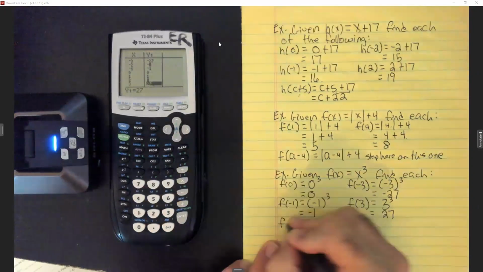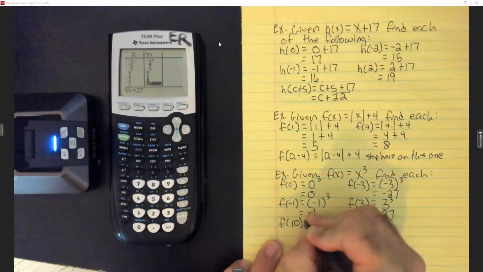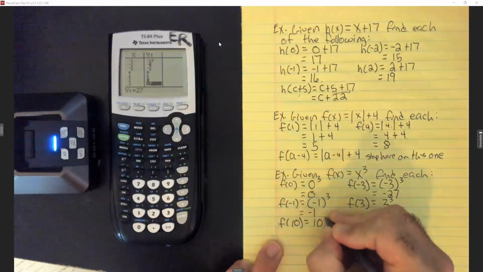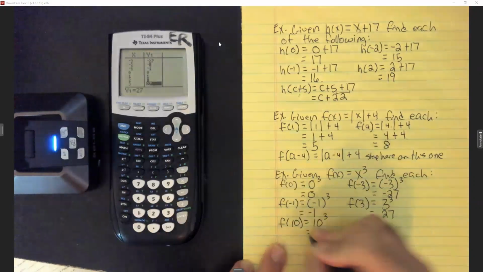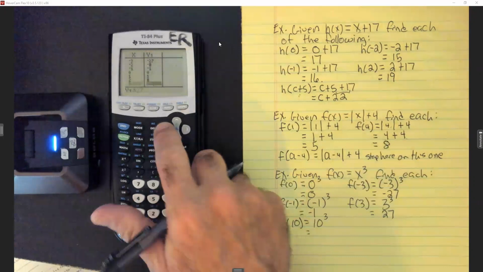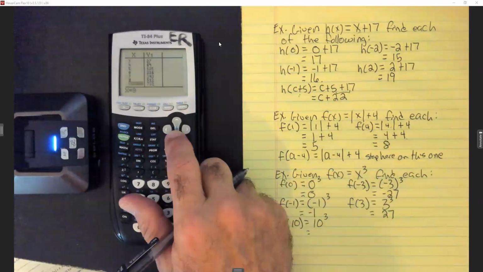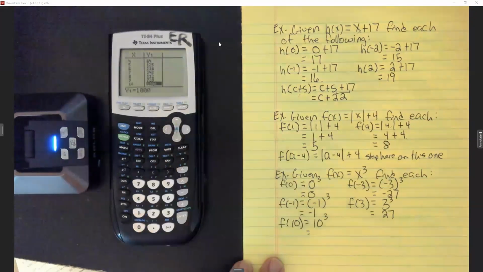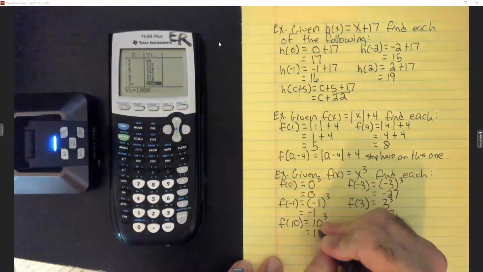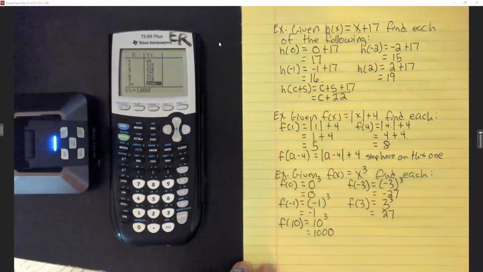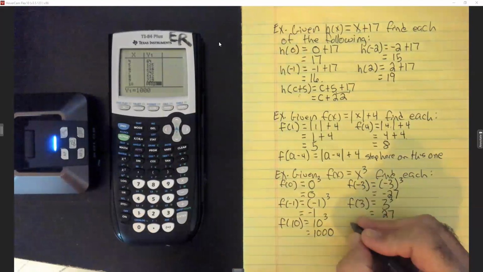f of 10 is going to equal 10 to the 3rd power. And I can go over here and go down to 10. And look at that: 10 times 10 is 100, times 10 is 1,000. Now, the only one I can't use that on is this one that has f of a